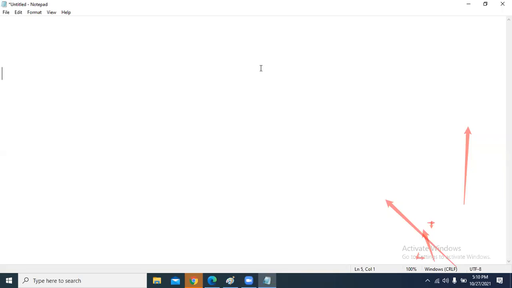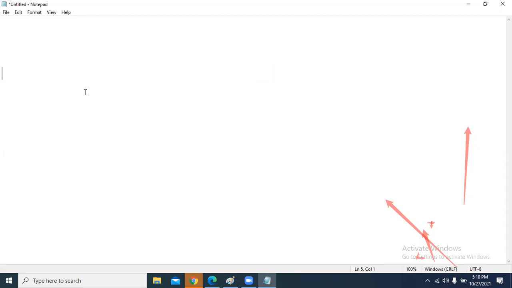Yesterday I took one LAMP stack example. LAMP stack is nothing but Linux, Apache, MySQL, PHP. I took this collection yesterday and showed how you can install the LAMP stack. That is a part of a cloud engineer's work. As a cloud admin, you have to know package management tools also.